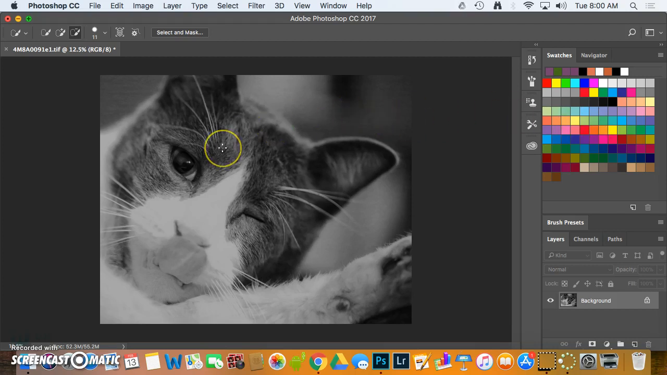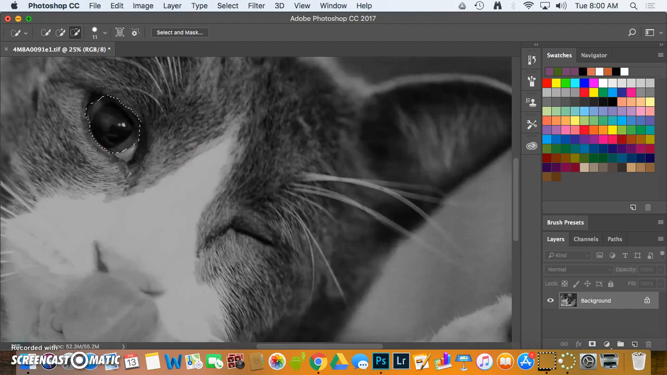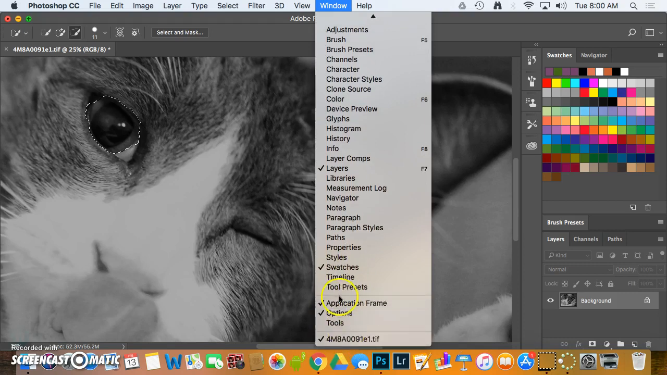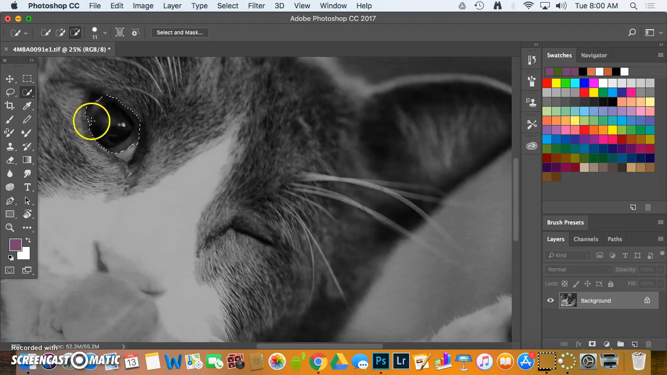To begin with, you should decide which areas of your image you would like to have painted. For this image, I've decided that I would like to paint my cat's eye green. So, using the quick selection tool, it's right here, my quick selection tool, I'm going to select his eye,